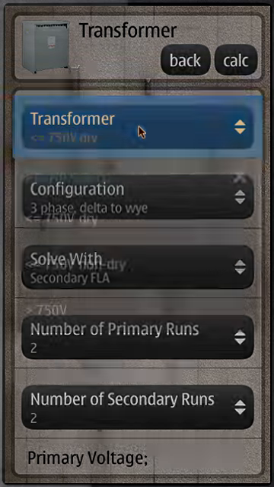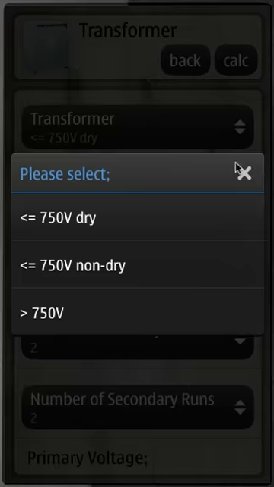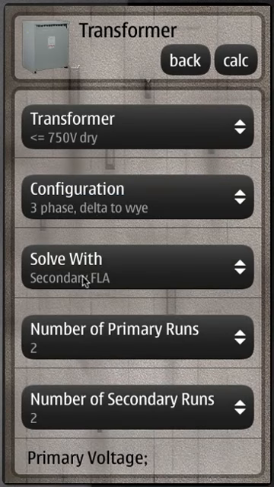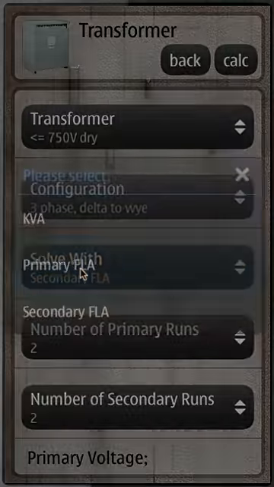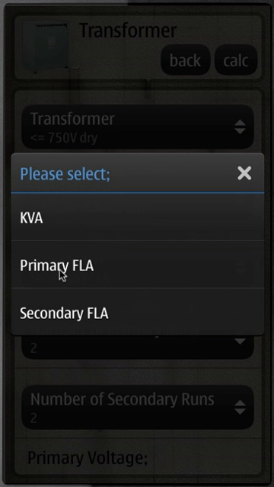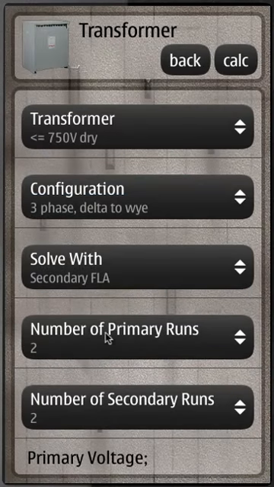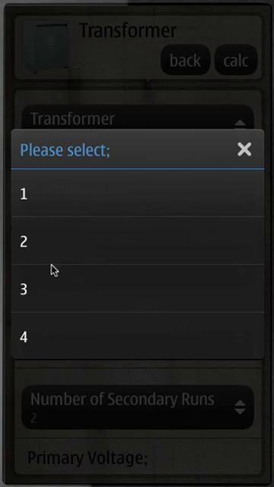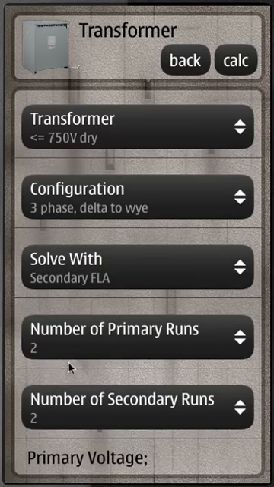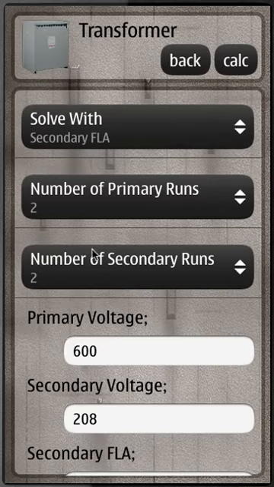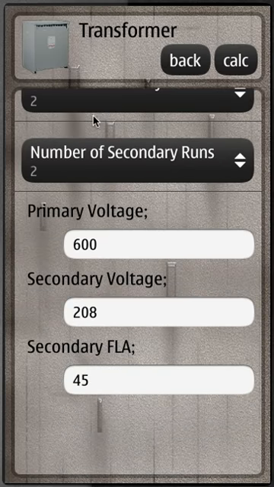The transformer module, just to quickly go through it, you can pick your voltage, pick your configuration, what you're going to solve with. So you can solve for your kVA, or you can solve for a primary or secondary FLA if you know your load size. You can solve the other way around, see what size of transformer you need for that load. You can also put in your number of runs on your primary and secondary. Be aware that this app, even though you put in parallel runs, it will calculate parallel runs below 1/0, which is actually not allowed. So you just have to be aware of